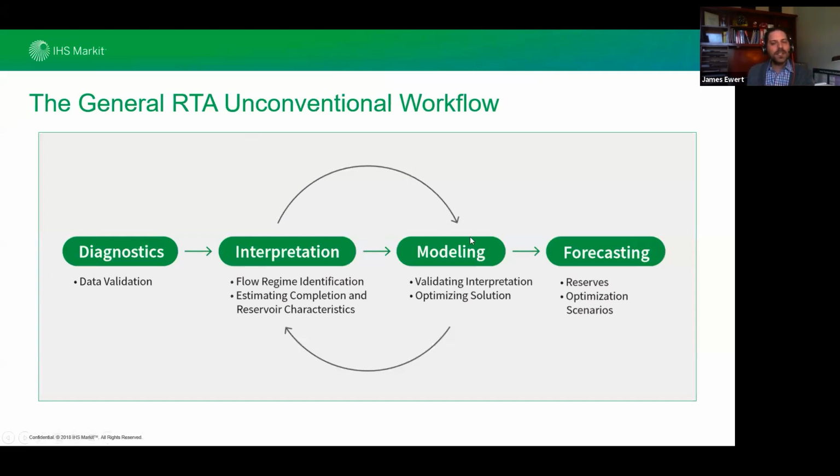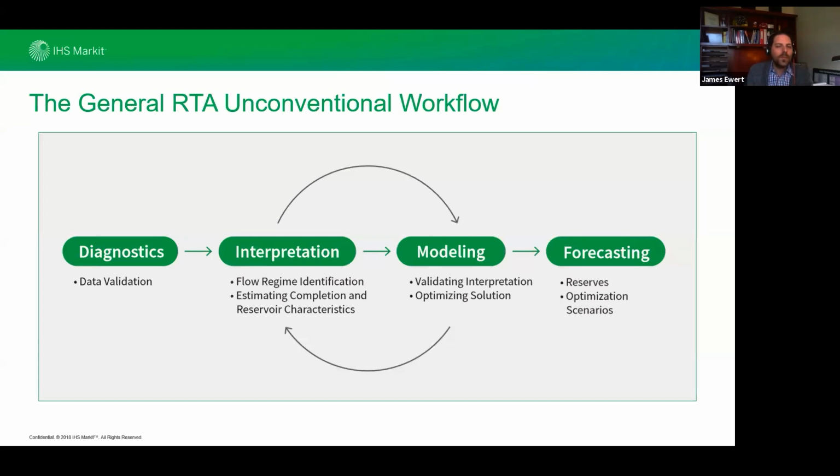Notice that between interpretation and modeling, I have these two arrows up here. Very typically, after you've interpreted a well, you will go to a model, and the model won't necessarily match as well as you would like. You'll notice that something appears inconsistent, so you go back to your interpretation and try to look at it a little more tightly. Then you take those values back to the model. As you go back and forth, you're going to converge on a smaller range of possible solutions. No one knows what the answer is. There's a range of solutions, and your goal is to make that range as small as possible.